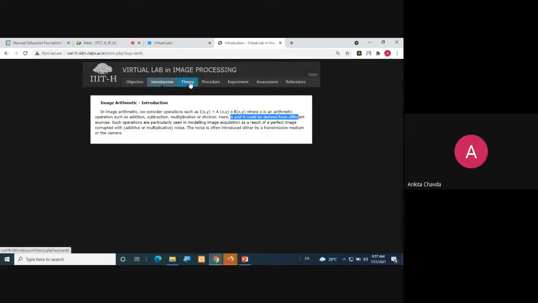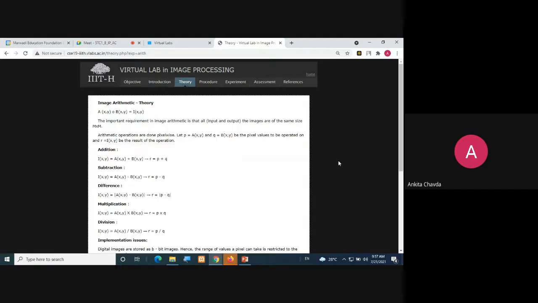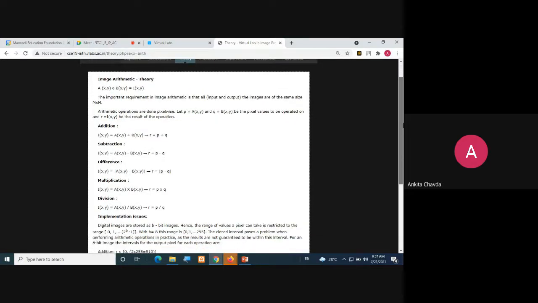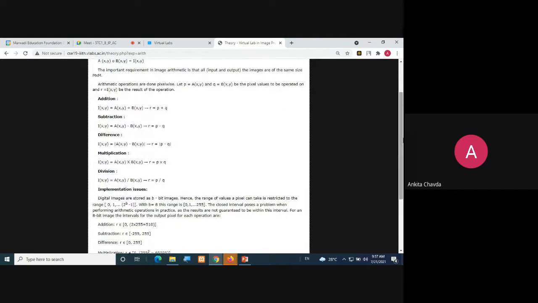But right now we will see this because it's very easy to do. Here you can check what arithmetic operations are. They are all pixel-wise, right? Such kind of addition means you are doing intensity additions. Whatever values are filled in your matrix, those are your intensities. So the intensities of one image that you are adding with another image,